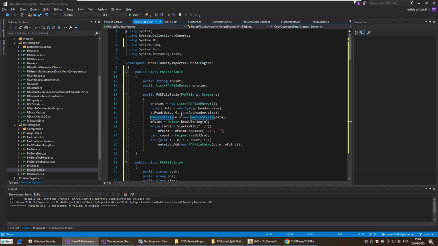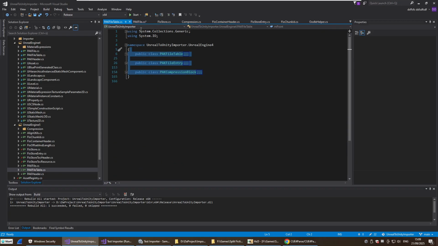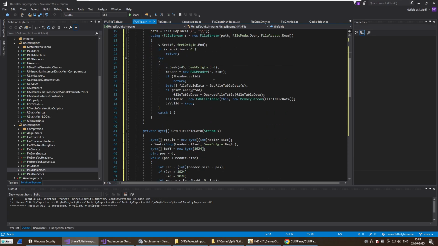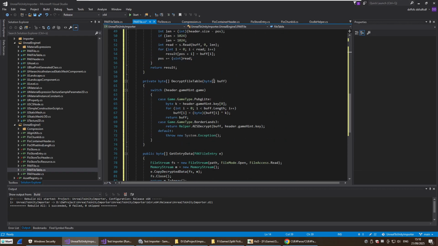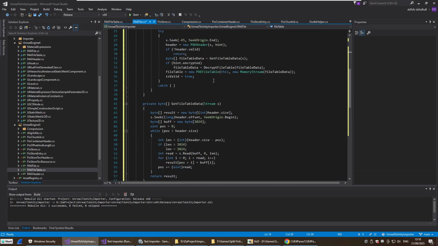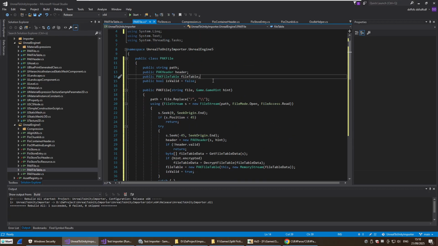Yeah, this will have quite a few edits. Okay, so now we have our PAC file, file table, the decrypt file table, entry data. Okay, so we have to implement these